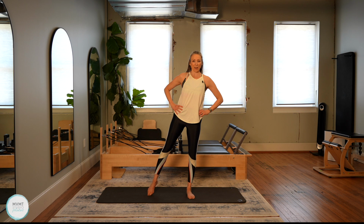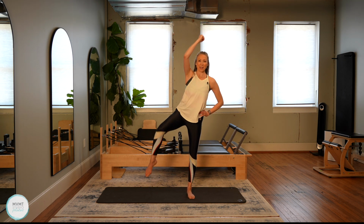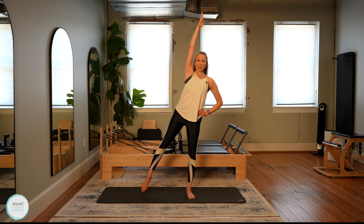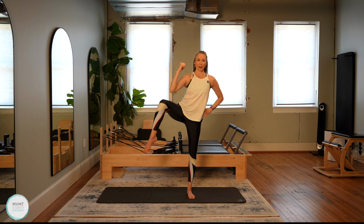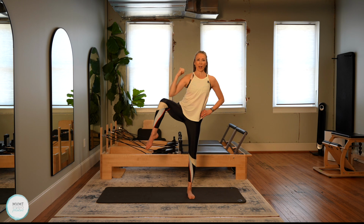Good. All right. Now finding that top arm reaching long. When you're ready, we do knee to elbow. Bring it together. Send it away. Good. Pull it in and reach. Good. Again, here you can find that counter to hold on to, that chair, wherever you might need to find that extra stability. Good. 5,